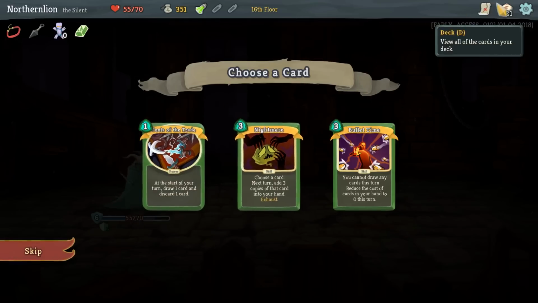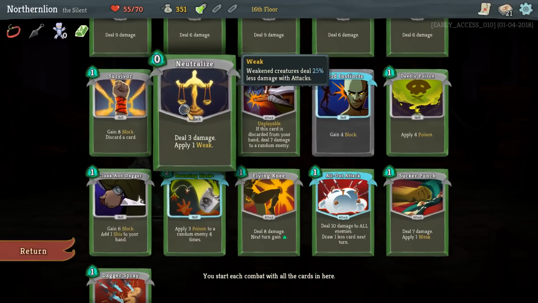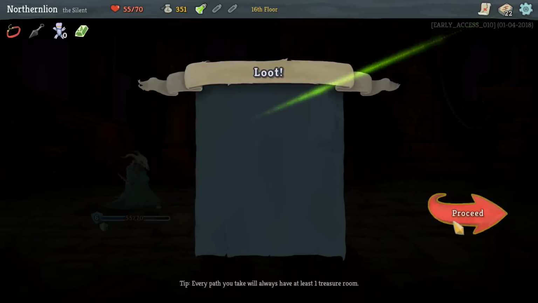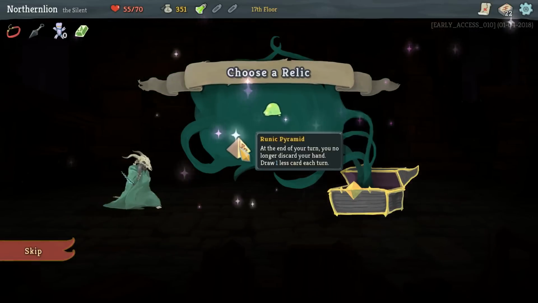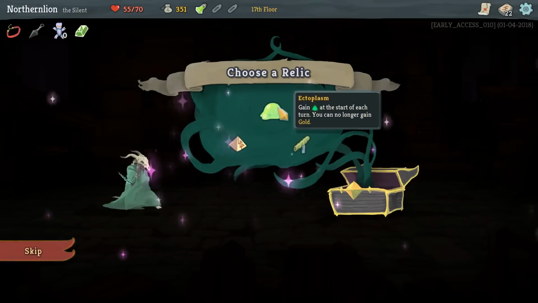3 copies of a 0 energy card, or even a good 1 energy card. 3 copies of Neutralize would be really nice. But again, it doesn't work with our deck. I think we'd rather select higher value cards. So, can no longer gain gold. Draw 1. Oh my god. I hate that these are all like...